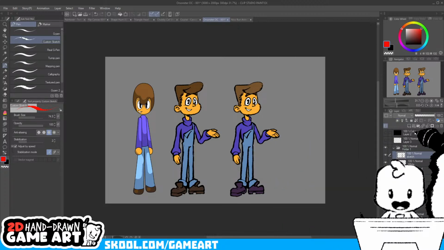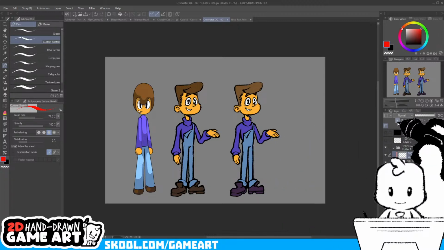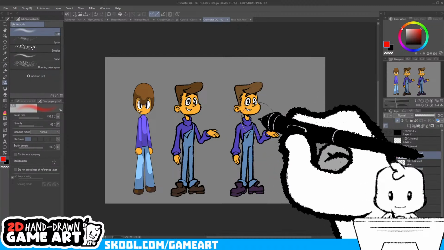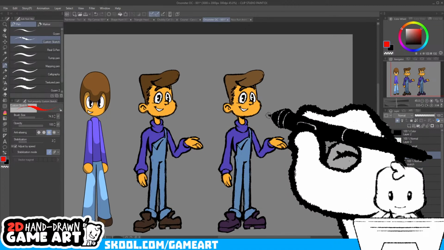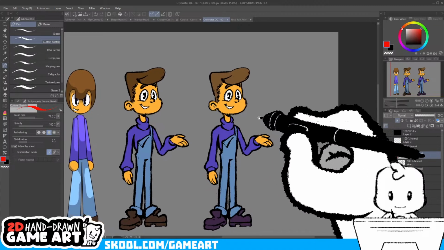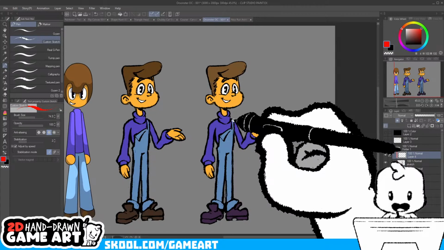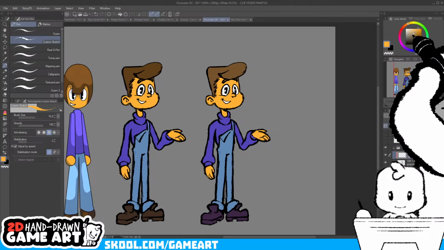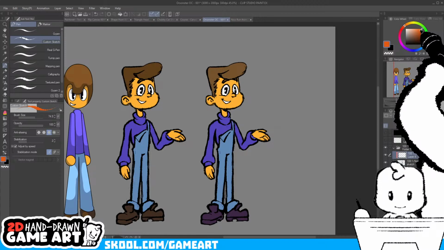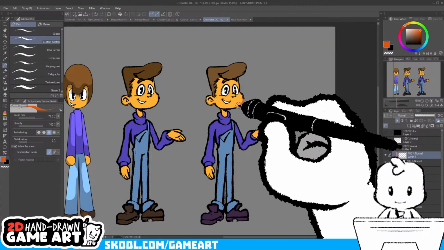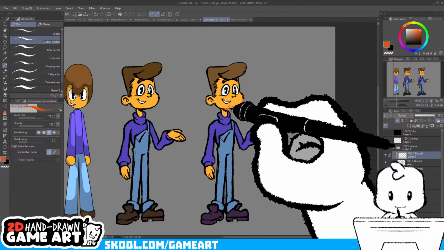But overall, I think I'm pretty happy with the colors on this. Real-time animation. We'll get to some real animation pretty soon, but we're almost done with this. We can maybe color the lines.